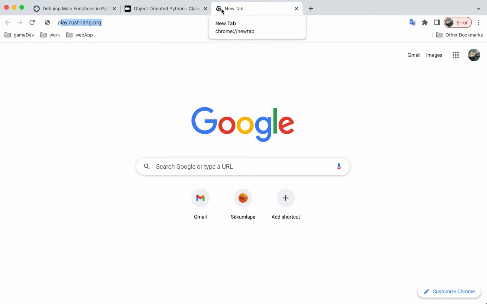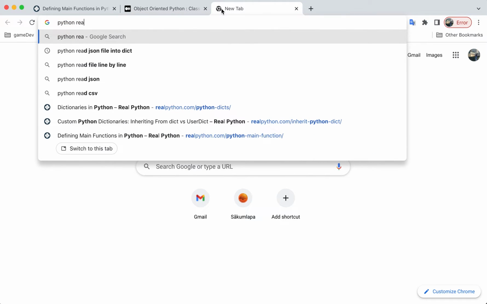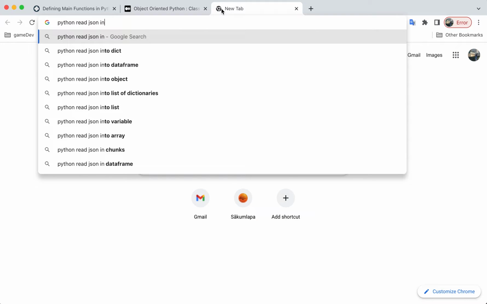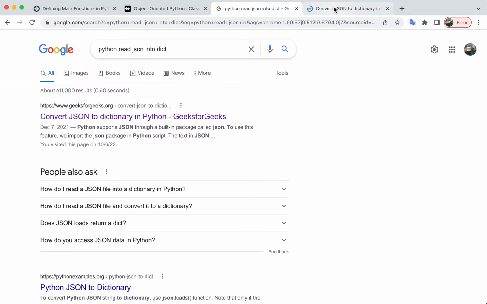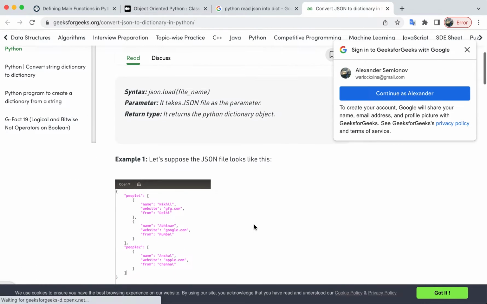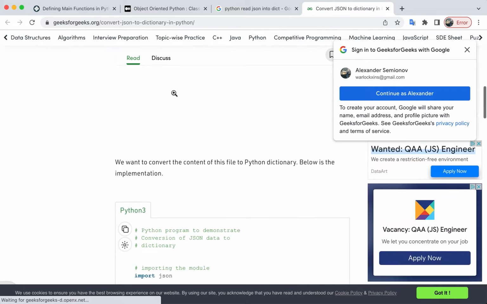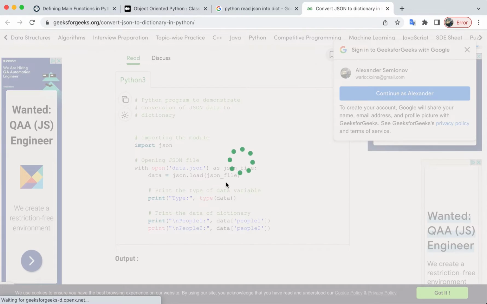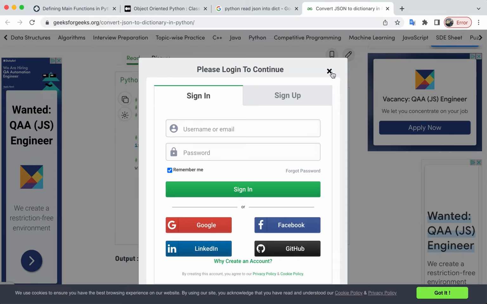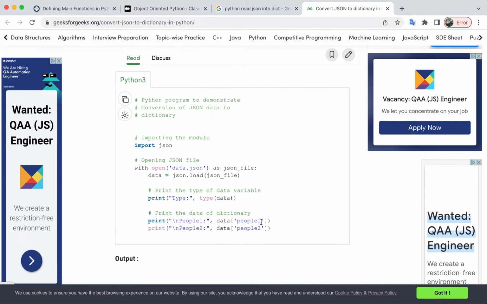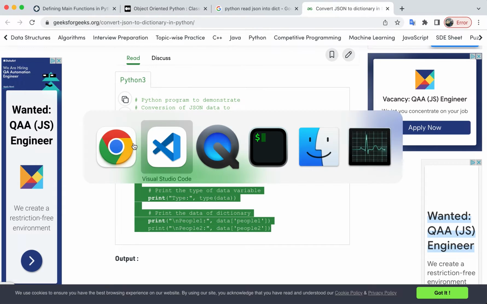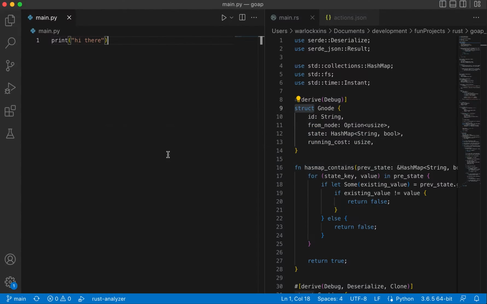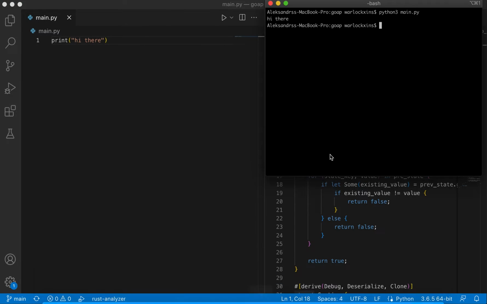So, Python read JSON into dict. I have researched some of this stuff before, and I'm quite sure I can easily convert a bunch of code. Alright, so apparently that thing wants me to do this. I'm quite sure I can just start hacking. So this is in Python 3. I know for a fact that Python 3 is working for me because I ran this code here and